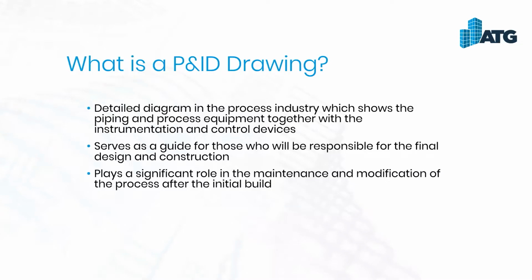So first off, what is a P&ID drawing? I went out and got the Wikipedia version of what a P&ID drawing is. It's a detailed diagram in the process industry, which shows the piping and process equipment together with the instrumentation and control devices. For P&ID, it is typically one of the first things that you do with a plant design because it's